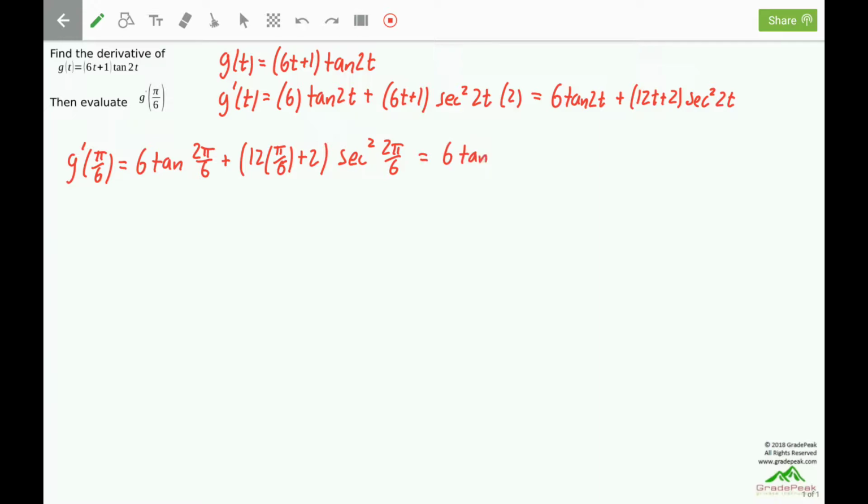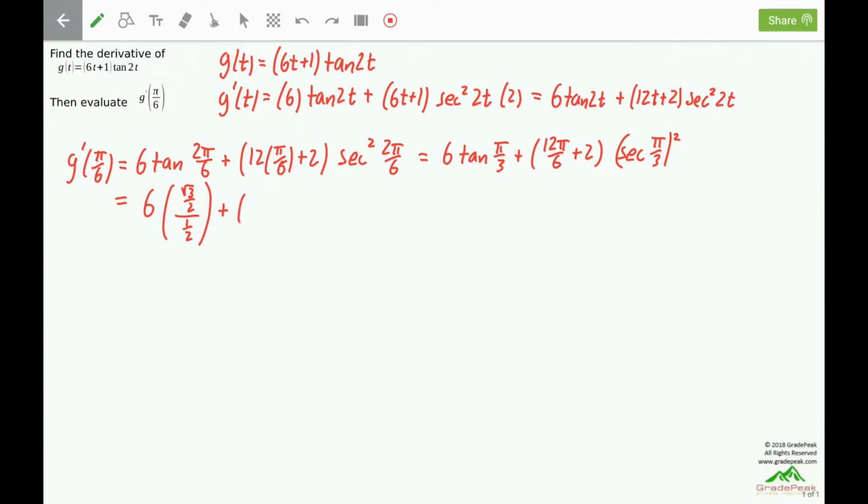So we have 6 times the tangent of 2 pi over 6 can reduce to pi over 3, so the tangent of pi over 3, plus the quantity 12 pi over 6, and we multiply, and then plus 2. And then we have the secant of 2 pi over 6, which will reduce to pi over 3. But then secant squared means take the secant and square that result. So this will equal 6 times the tangent of pi over 3, the sine of pi over 3, root 3 over 2, over the cosine of pi over 3, 1/2,